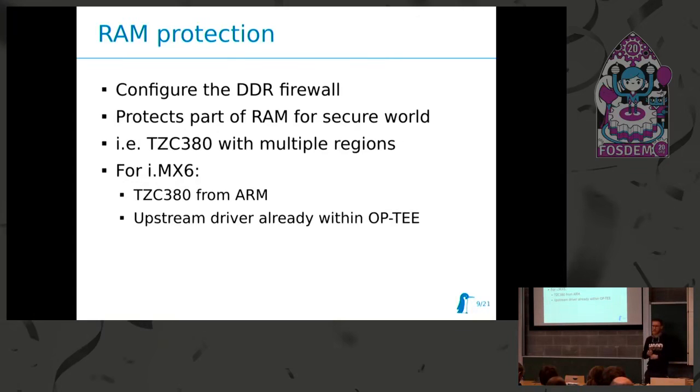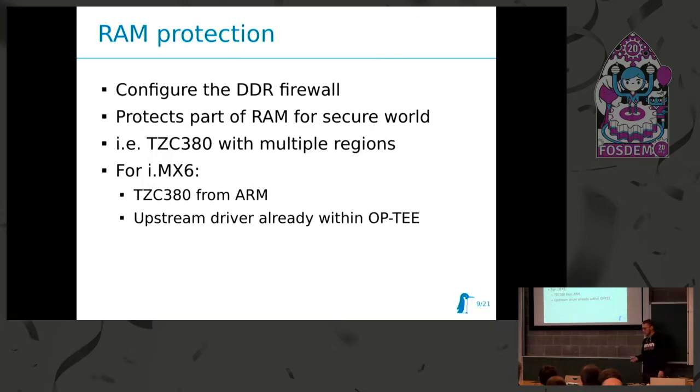I know that, for example, the HiKey platforms use a custom DDR firewall, which is not very well documented as far as I know, or the documentation is hard to get to. But for these ARM standard implementations, you can just download the datasheet from ARM. And upstream, there's already an upstream driver for these TrustZone controllers inside of Opti, and you had to previously